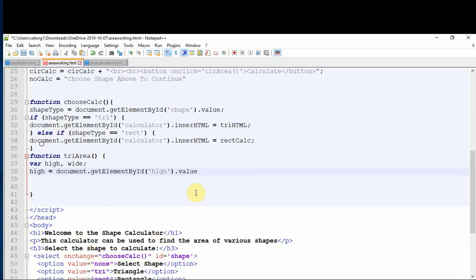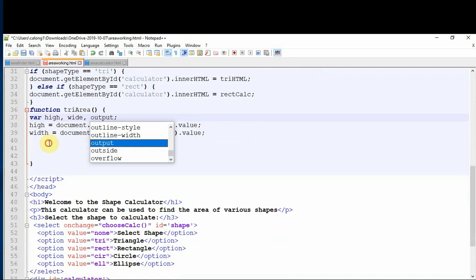I'm going to do that in a couple of steps. I'm going to create another variable. We don't have to do this as a variable, but that's the way I'm going to do it for this one. I'm going to call this variable output, and I'm going to say output equals,